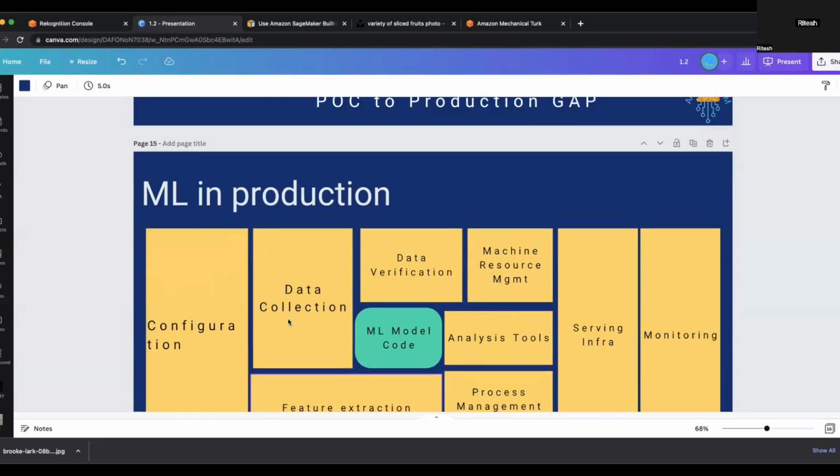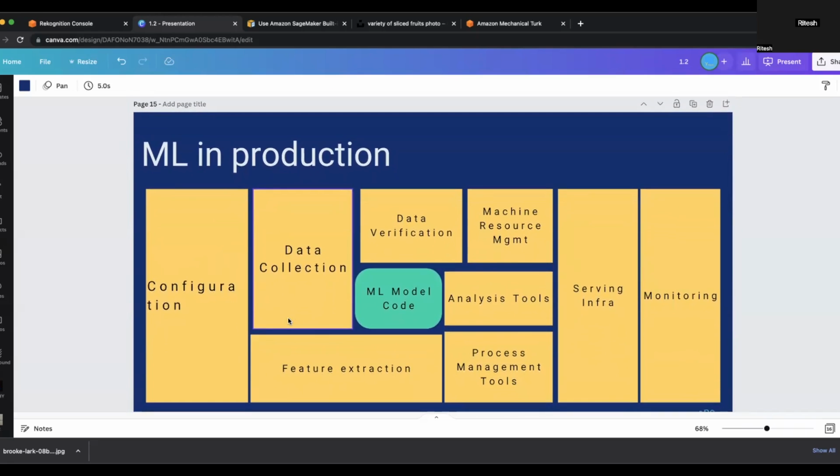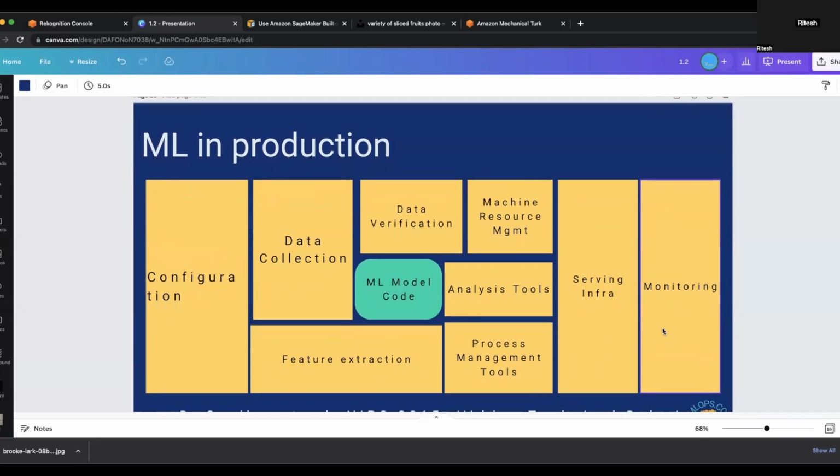here, what it takes to run ML in production. So that ML code, what you developed or what exists from the data scientist, you as an ML engineer would need to help with the configuration. You need to help with the data collection, data verification, the resource management, the tools, the serving infra, the monitoring, and those aspects around how to run this model. Whatever that model is, that model could be a pre-trained model, that model could be something you develop using that Jupyter notebook, or